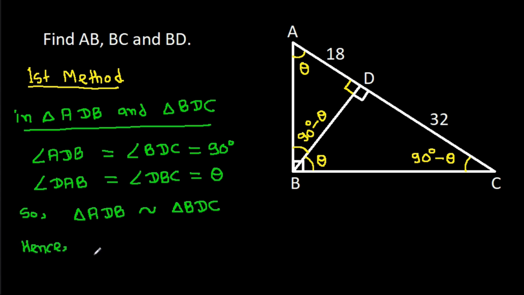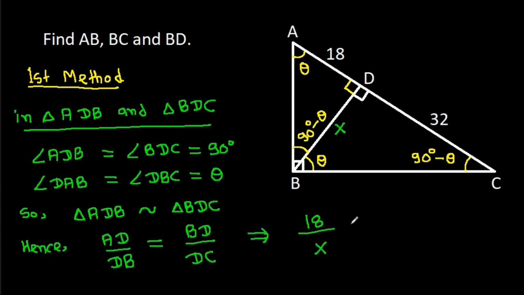Hence AD by DB, it will be equal to BD by DC, and AD is 18 by DB, suppose X, it is equal to BD is X by DC is 32,